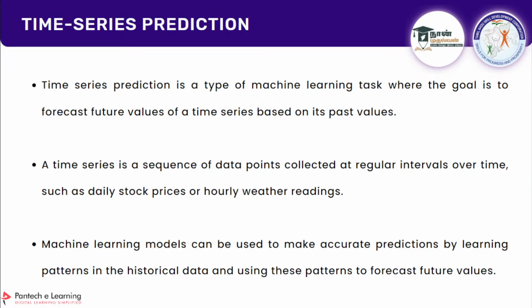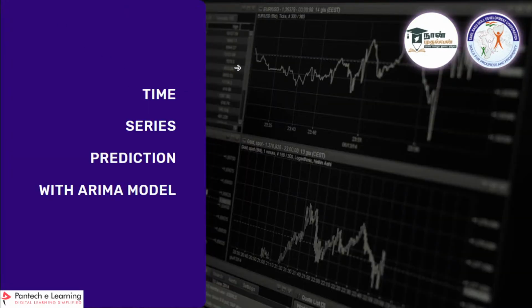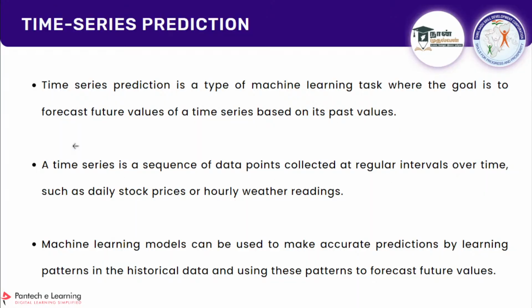The time interval may be months, hours, minutes, or years, based on the data you are collecting. With that we are going to analyze the trend. You would have seen stock prices in an image like this, which keep increasing or decreasing. You can see the trend, and they used to say whatever happened in the past is going to repeat. They will be finding some pattern, and if that pattern is available, the future can be predicted based on the past pattern. That is what they used to say in the stock market.